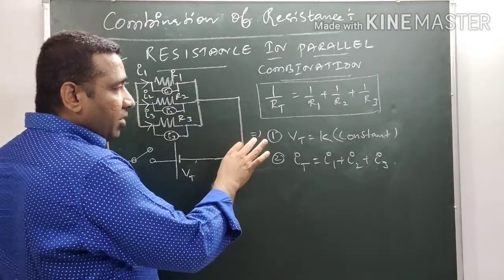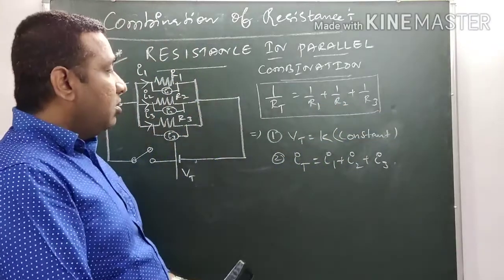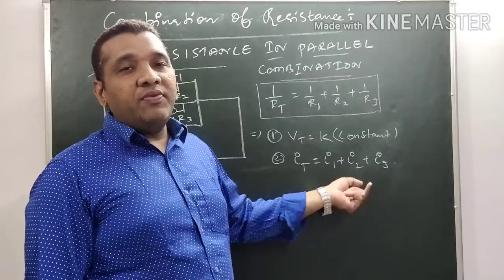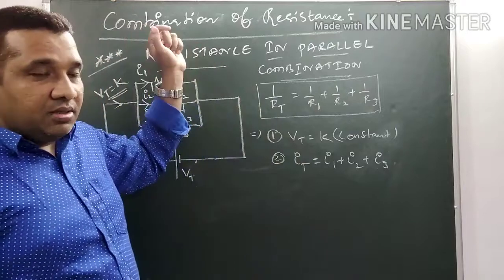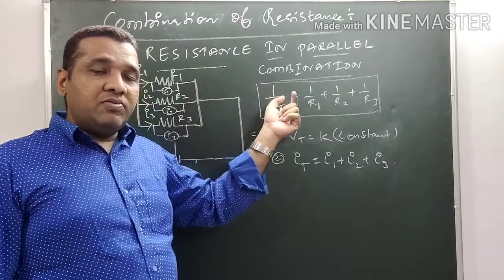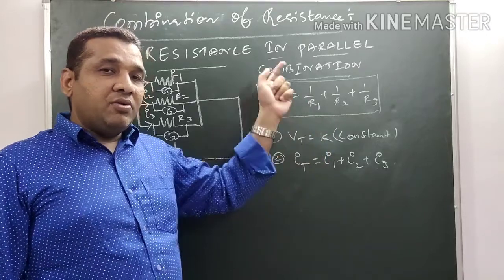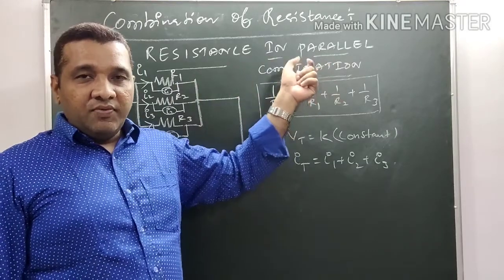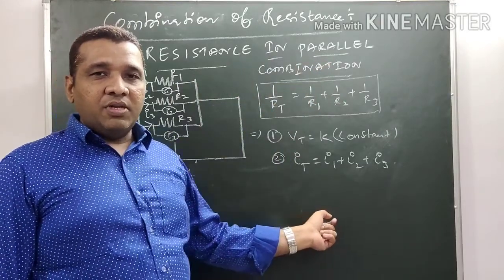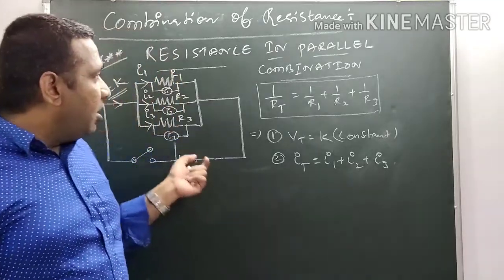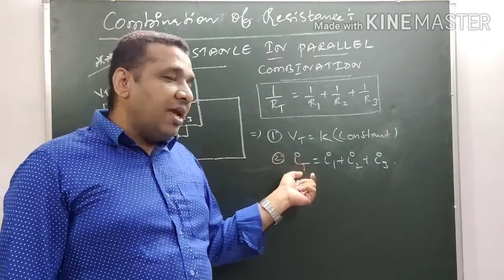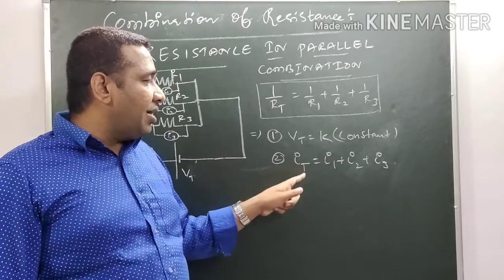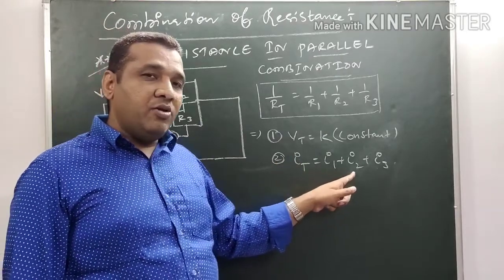Whenever you are going to derive something, you have to check what is divided there. From that we will get the derivation. In the previous class we discussed resistors connected in series combination. There we took that the voltage is divided at the respective resistors, that is Vt equals V1 plus V2 plus V3. From that we derived Rt is equal to R1 plus R2 plus R3. Similarly, in parallel combination, the electric current is divided at the three resistors. Therefore the total current is It equal to I1 plus I2 plus I3.